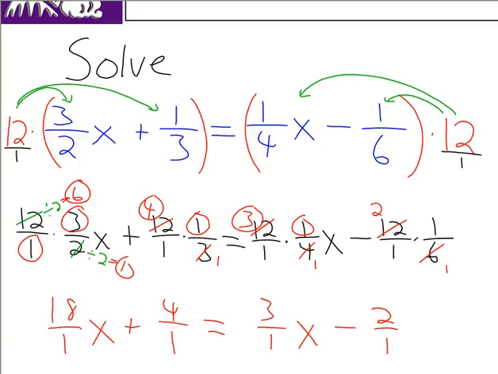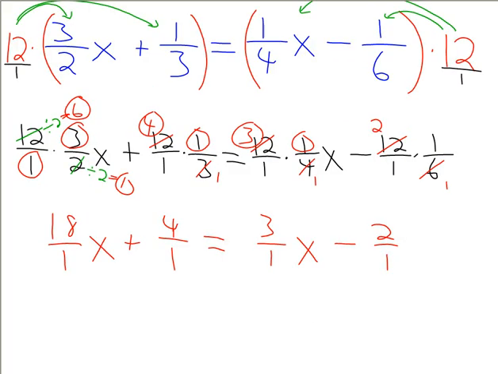Okay, so let's finish this problem where we left off. In all of these cases, they still look like fractions. I wrote them that way, but really 18 divided by 1 is just 18. 4 divided by 1 is just 4. And so these can all be rewritten as just whole numbers, so that all the fractions are now essentially gone